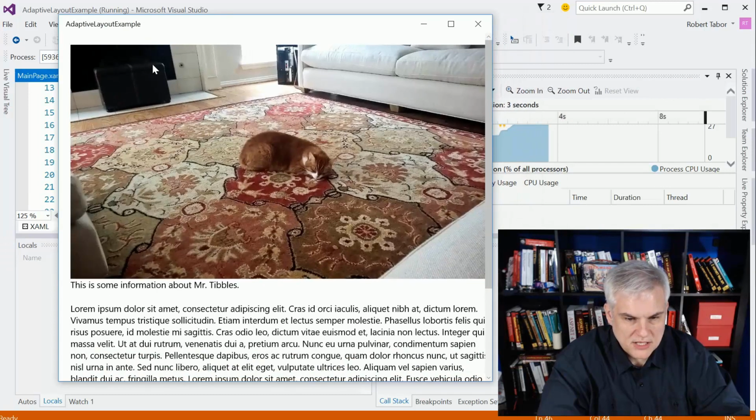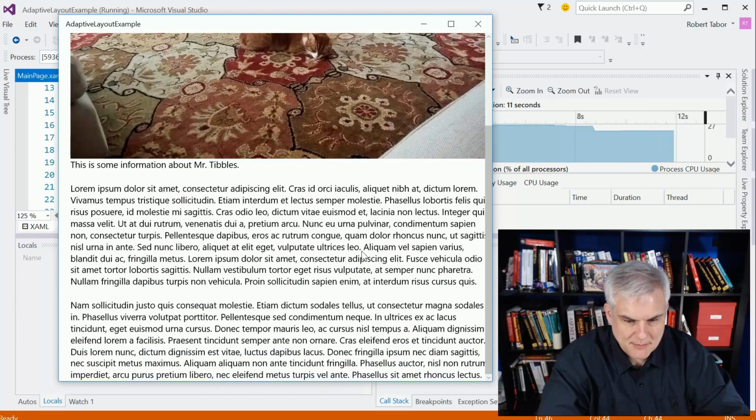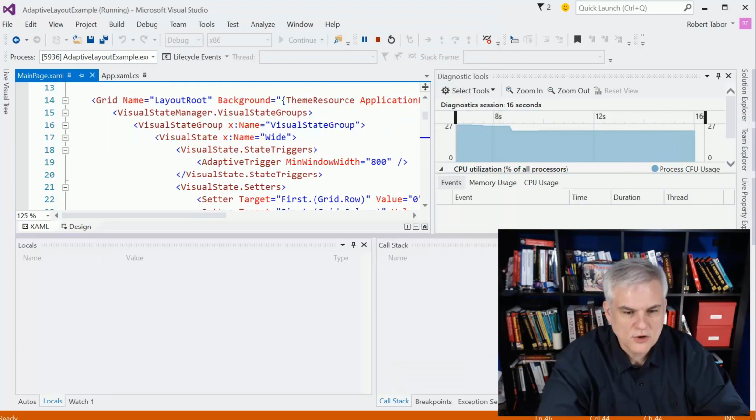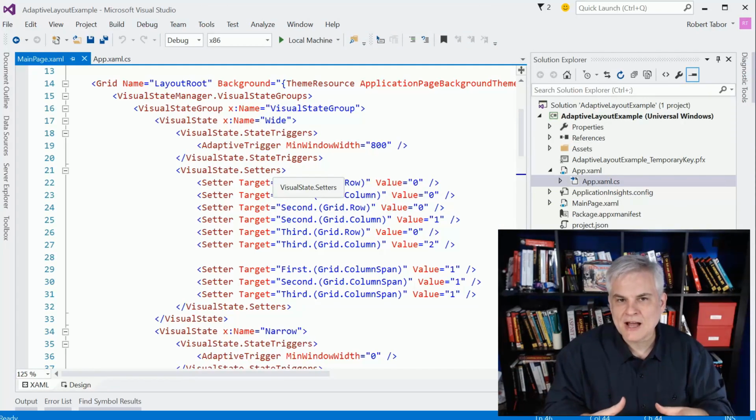Now we're taking each of the stack panels. This is the first stack panel, and we're spanning 3 columns. And here's our second stack panel. We're spanning 3 columns. And our third stack panel, we're spanning 3 columns. Okay, so hopefully you get the idea of what's possible and the layout changes that we can accommodate based